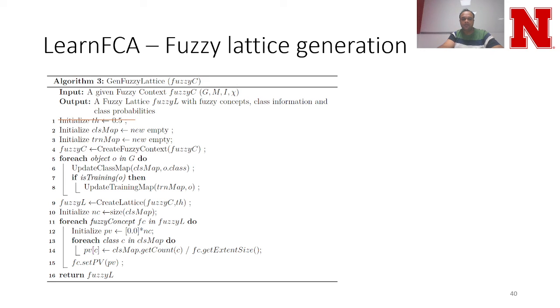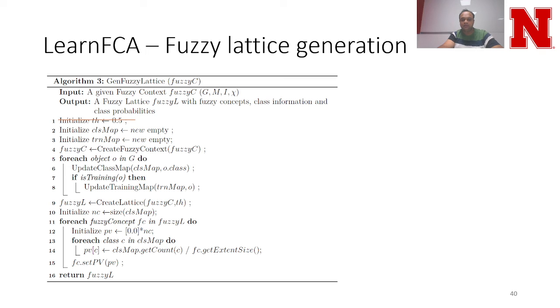So the whole idea is, if we notice, we did not need to use the fuzzy threshold of 0.5, because we went ahead and then we'll see that in the next few slides, how we partitioned the data, or we scaled the data, and hence we did not need the original threshold of 0.5. So the whole idea was, now here in this algorithm, we maintain a training map and a class map,